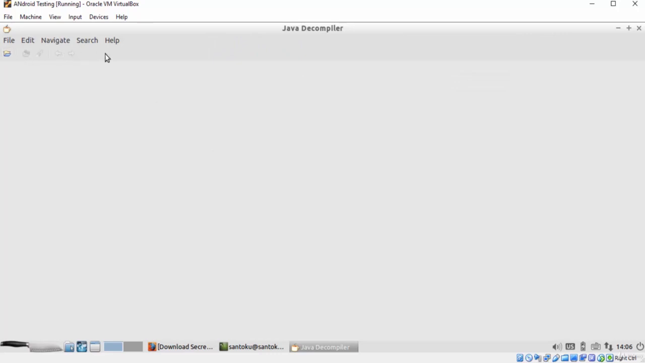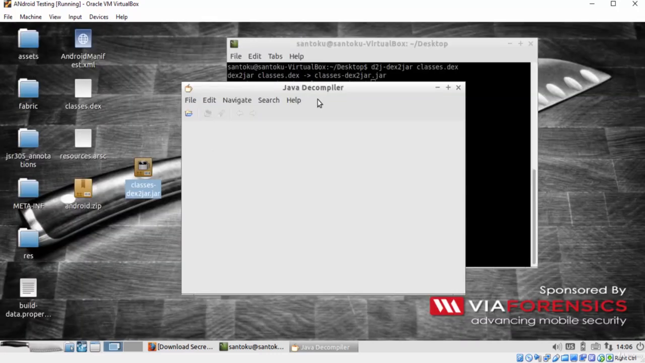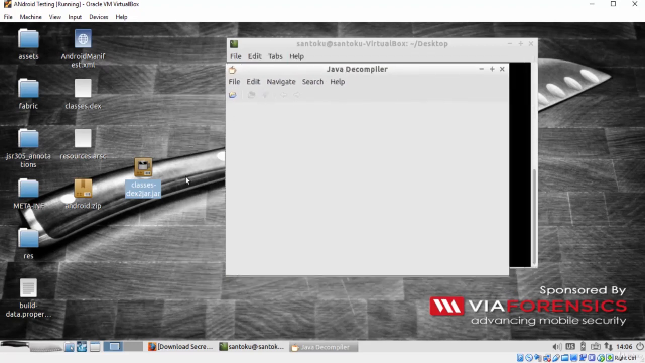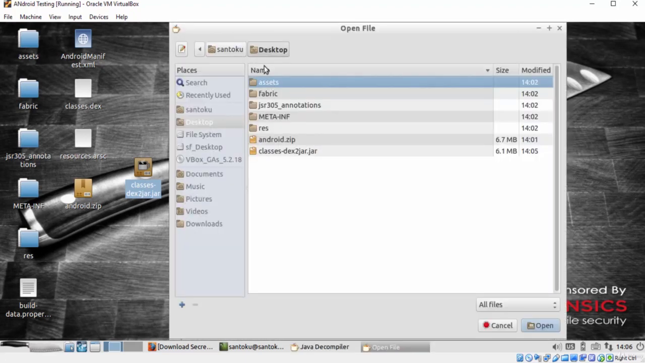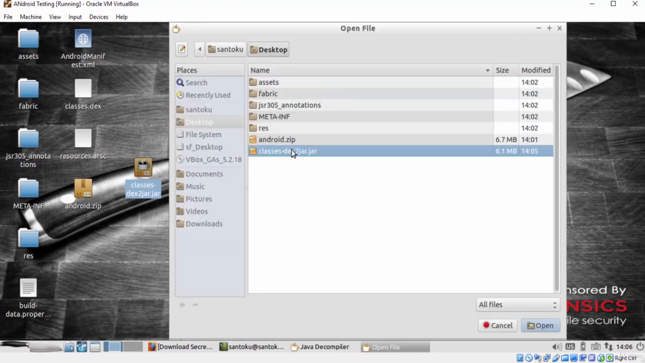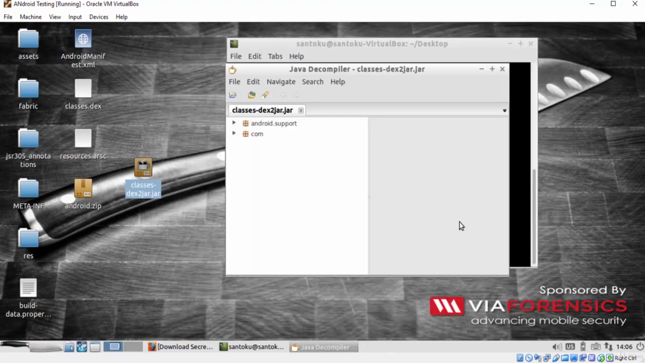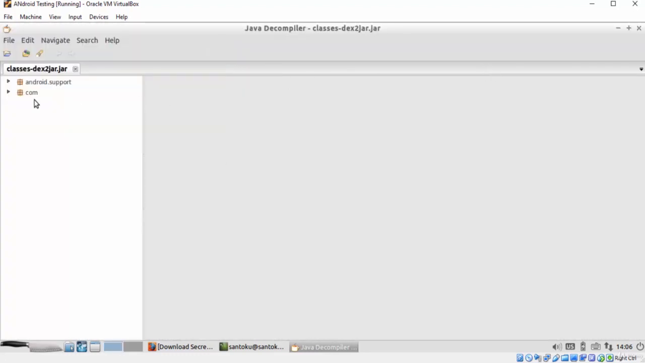The tool is very easy to use and it has a graphical user interface. All that you need to do here is to open that jar file with this tool. Click the open icon and choose the converted jar file. Here is the converted file. Choose it and click open. As you can see, the file has been opened. Let's check the content of this file. You can see now all the source code files here, which means that we were able to reverse this application